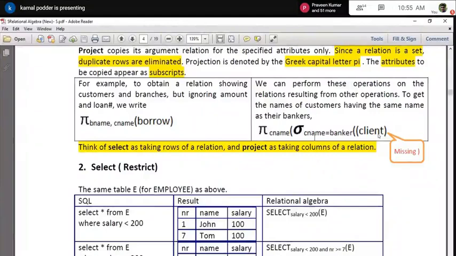As soon as you give this where clause, it will return only the records satisfying the condition. After executing that, you get another relation, and from that relation you want to access or select only the CNAME. That is the reason I told you it may not be only a relation; it can also be a relational expression.